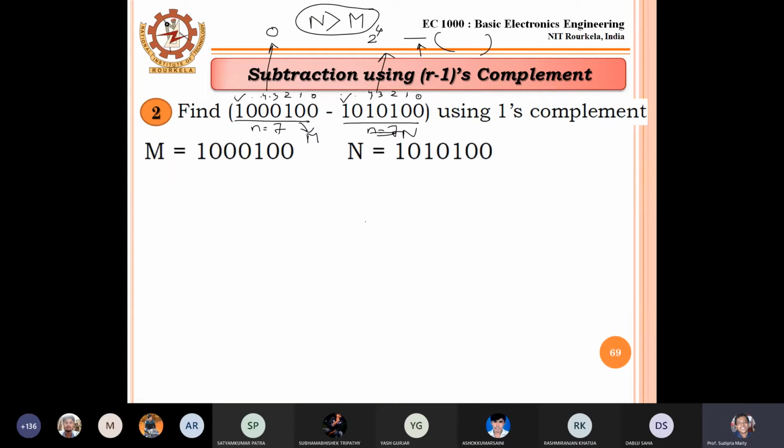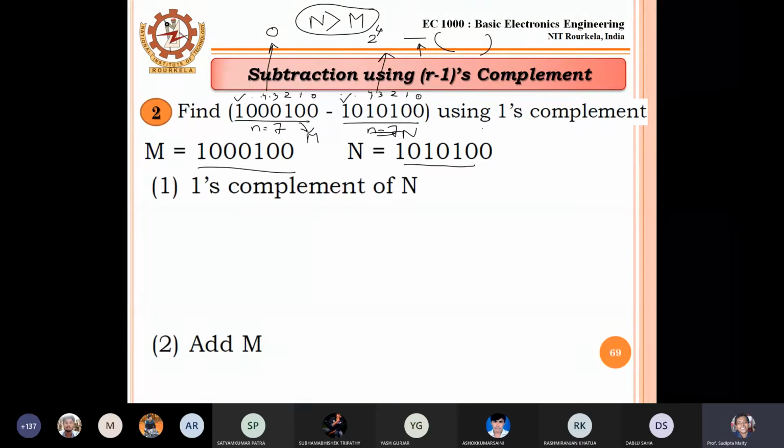So now let's start. Here M and N both are given because we are performing M minus N. What are the steps? We have to find R minus 1's complement of capital N. Here R minus 1 equal to 1 gives R equal to 2, R equal to base.